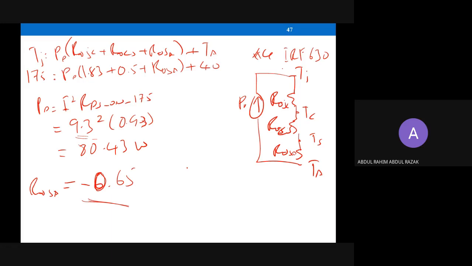Okay, any question from the floor? Sir, I have one question about the ambient temperature. If I assume the ambient temperature to be 25 degrees, is it possible? The data sheet assumes that you can provide 25 degrees C to the ambient, but